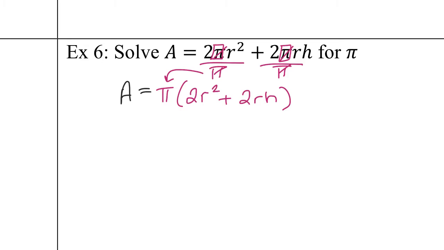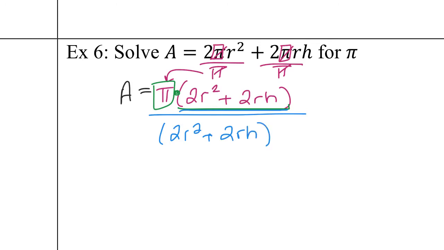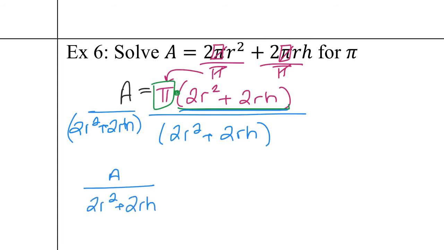So if there's more than one of what you need to isolate, then factor it out if possible. Now, I wanted to isolate this pi, and currently pi is being multiplied to all of this stuff. So how do we get rid of multiplication? Well, that would be division. What do we need to get rid of? Well, we need to get rid of all of this stuff. So we're going to divide by 2r squared plus 2rh, all of it, to both sides. So that means on the left we have a over 2r squared plus 2rh equals, now this 2r squared plus 2rh is going to cancel out, and all you're left with is